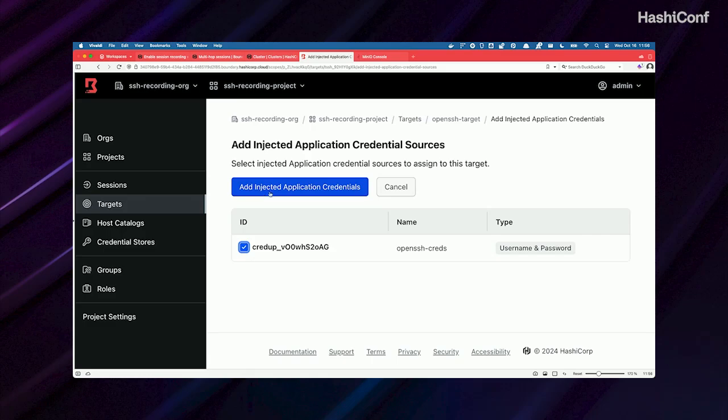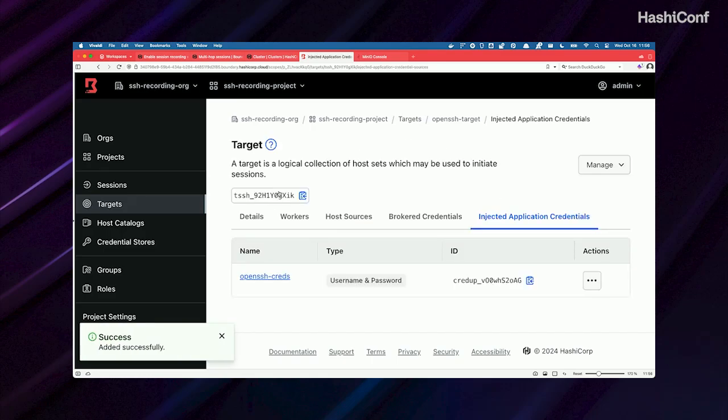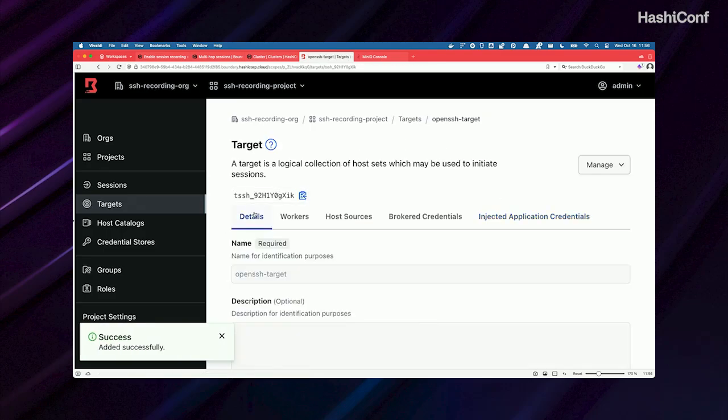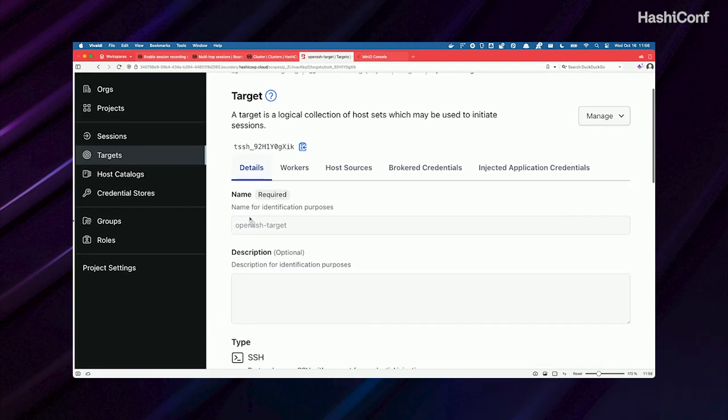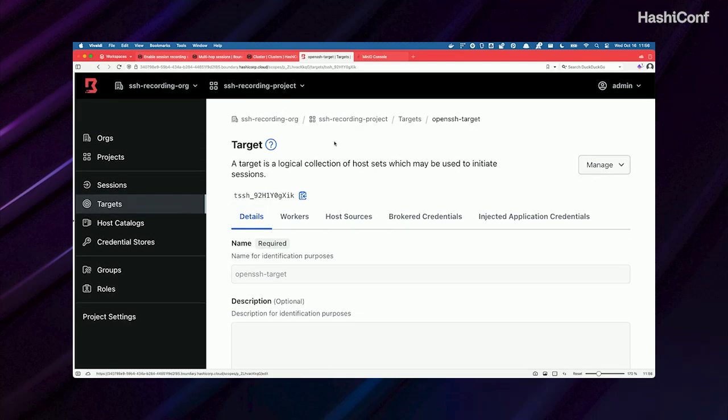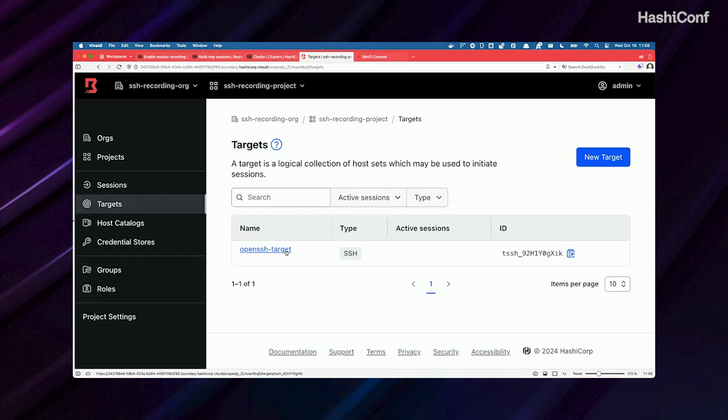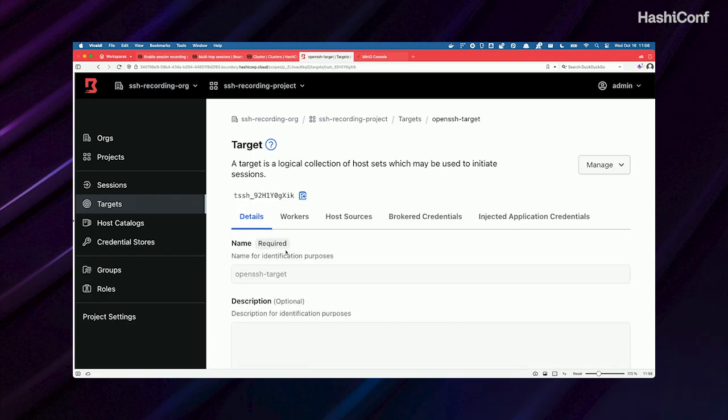You'll select Add Injected Application Credentials. And now, under the Details page for this target, we're all set up. Now, I'm going to select the targets page again, and you'll notice we have this new target created. If I click on its name here,